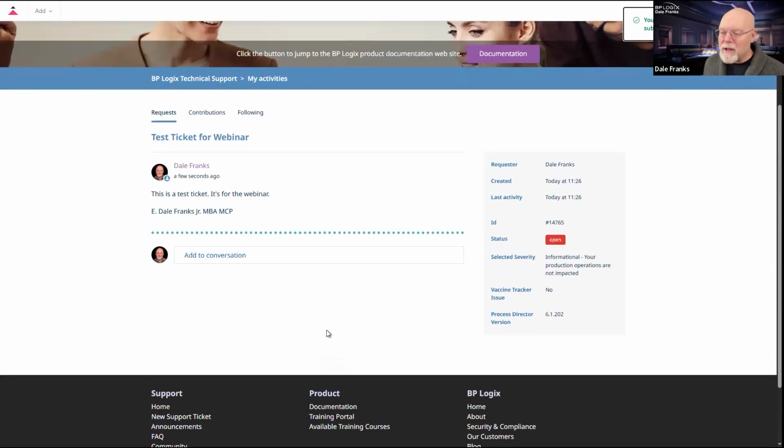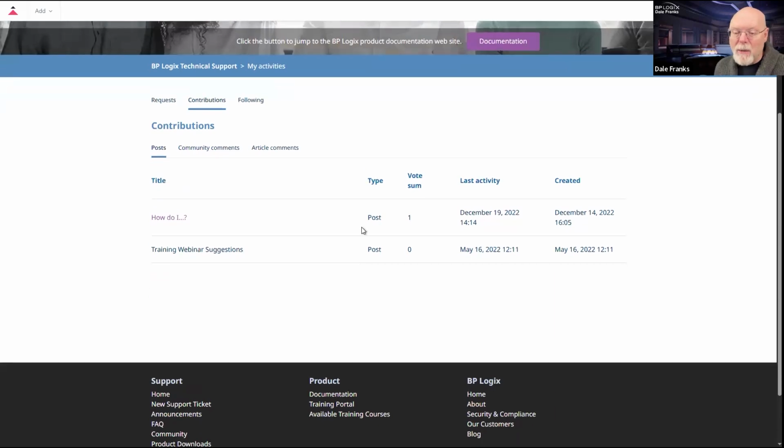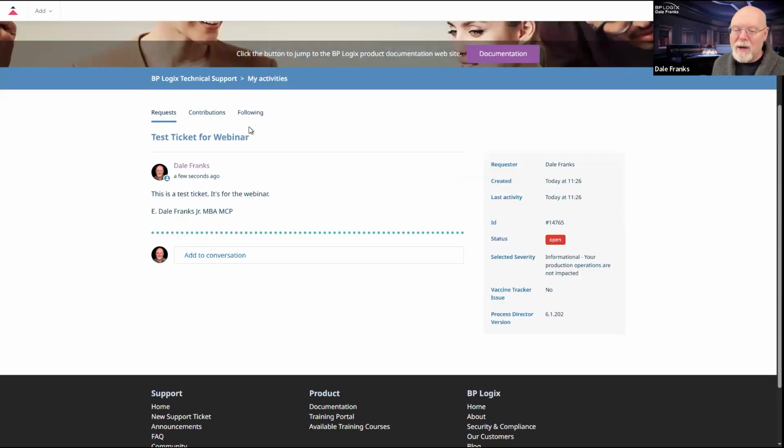All right, so now this is what the form looks like. It tells me what my status is. The current status is open, and this ticket should now be in the queue. It gives me all of my information, and now we are waiting for someone to get back to us with our ticket. There are some other things that we can do. We can see some other tickets here that might be related.